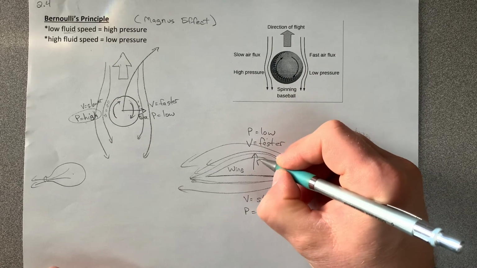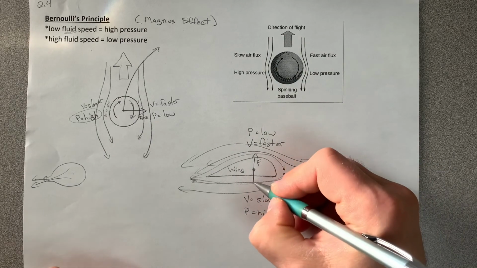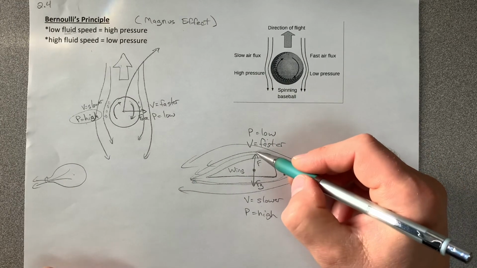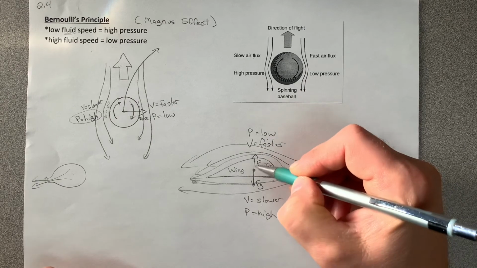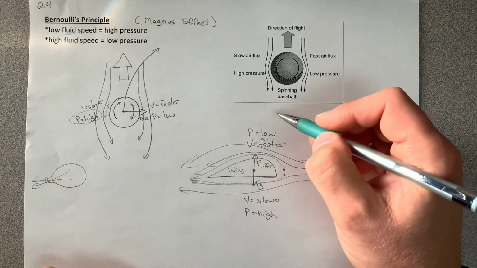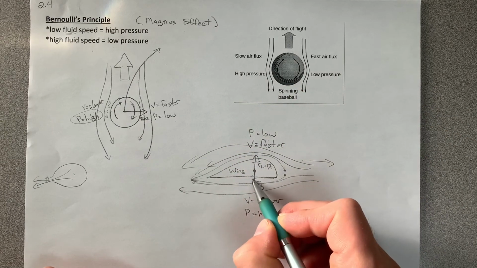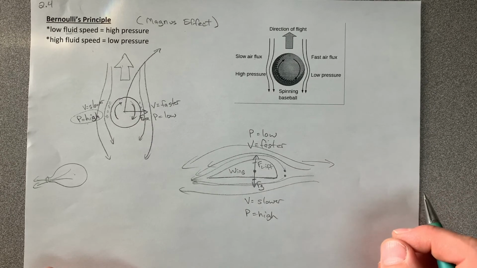That puts a force on the wing going up. And again, if this is an airplane, you know that gravity is pulling it down. So originally we need a lot of this force, this lift force, people sometimes call it. We need a lot of lift force in order to get the plane up off the ground. Once it's flying in level flight, we just need this force to equal this force so that the plane flies in nice level flight. It doesn't accelerate up or down.